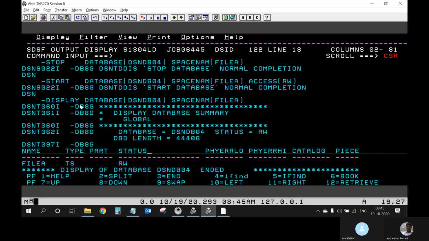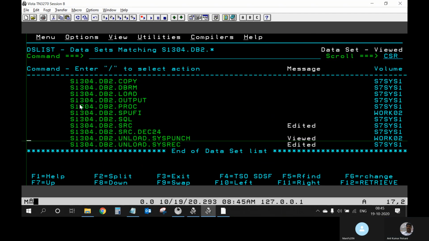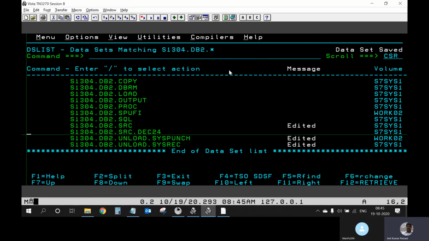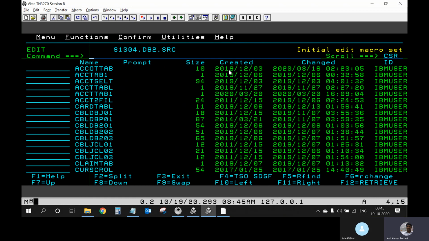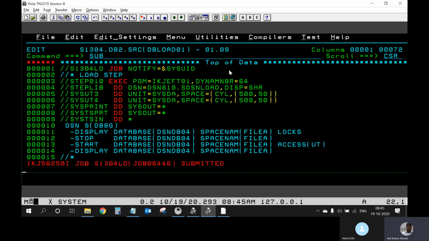I want to tell you the second part of the story. Edit this one and tell the system to replace. Instead of resume, I would like to now do a replace. When I say replace, all the records from the table will be removed, and it will load the records we are loading now.